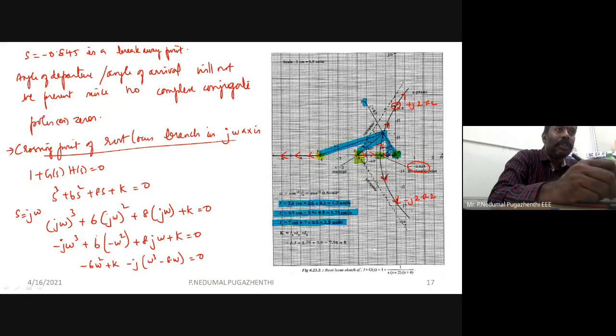Take a scale, measure this, you will get 2.6 centimeters. Multiply that with 0.5 because 1 centimeter here is taken as 0.5, because you can see that between -3 and -4 you have -3.5, then you get a -4. So 1 centimeter is taken as 0.5. So now you can measure that, multiply that, you will get 3 different values.